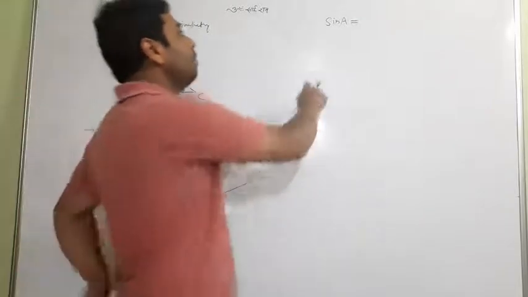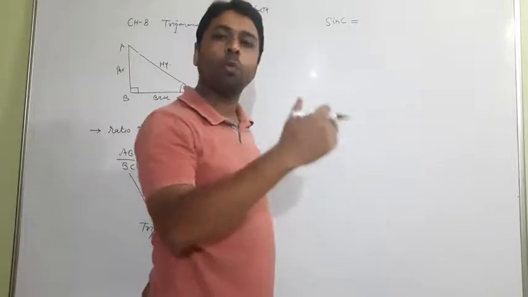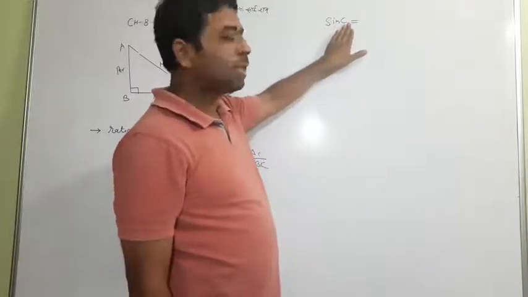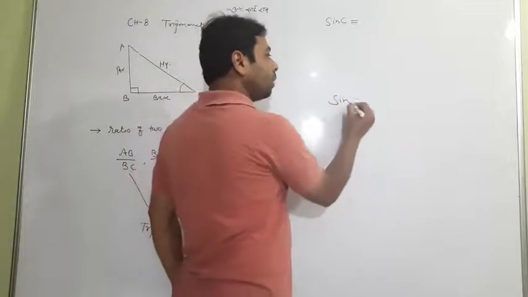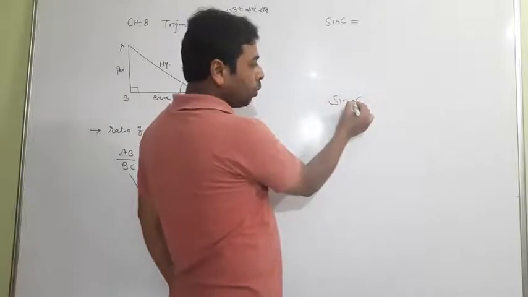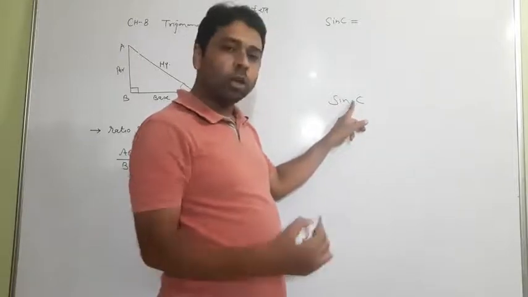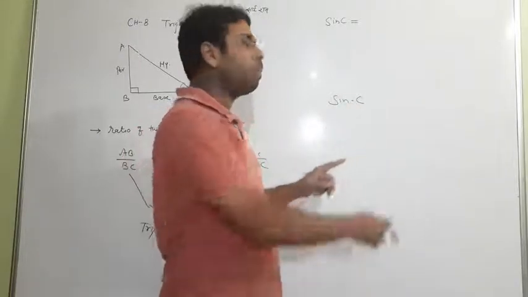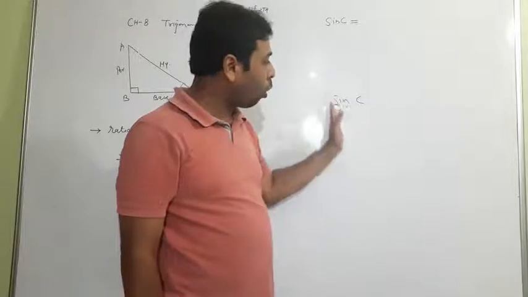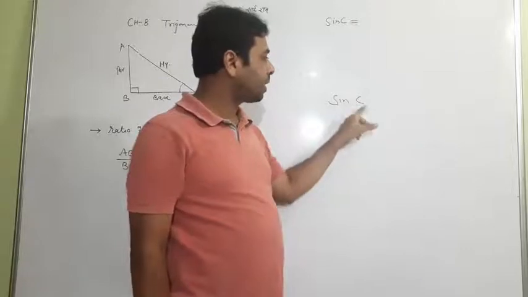This time we have sine C, so I am writing sine C. Don't write only sine, you have to write sine, cos, or whatever trigonometric ratio, along with its acute angle. One major thing I am telling you: if I ask what is the symbol between sine and C, students normally say it is a multiplication sign, but there is no multiplication sign between them. Sine is an operator and it operates on the acute angle. Sine has a complete meaning like that, but don't say that sine and C are in multiplication.